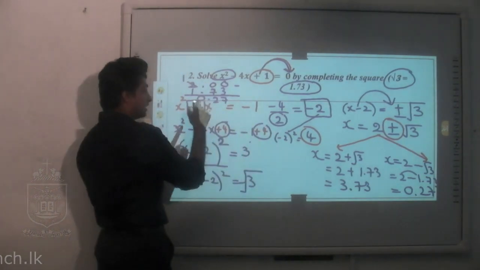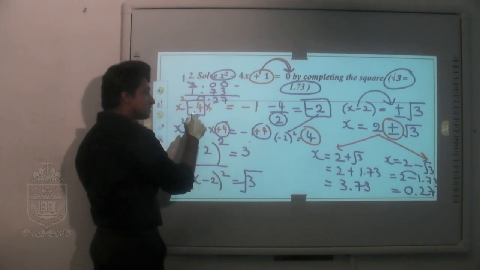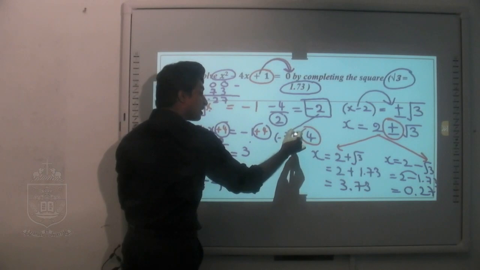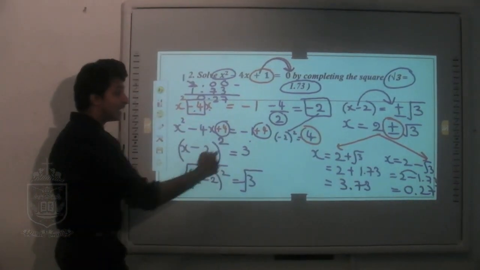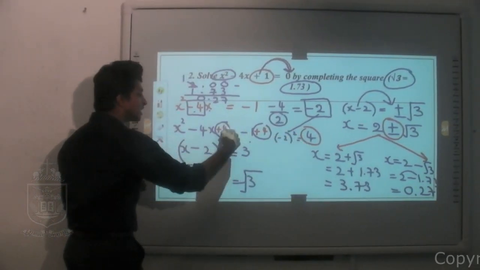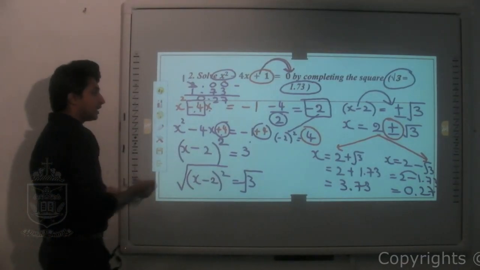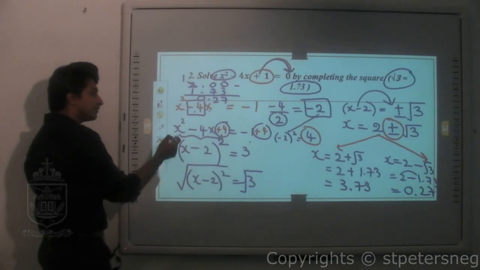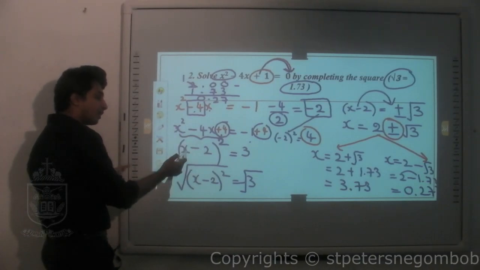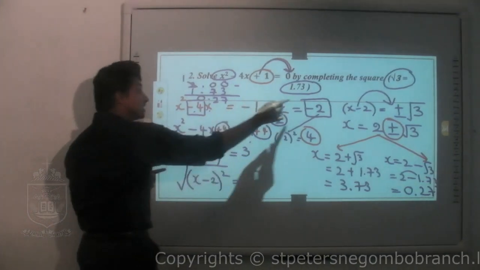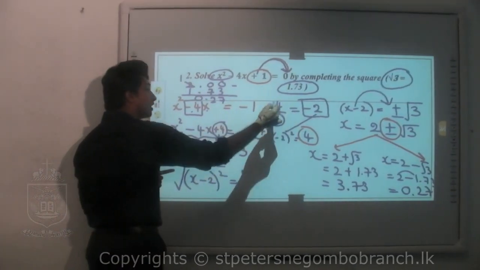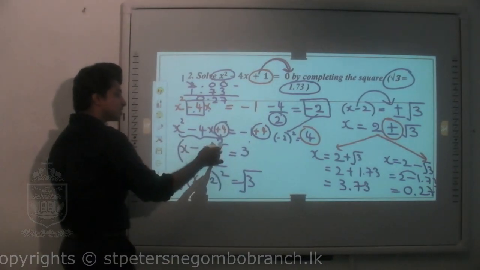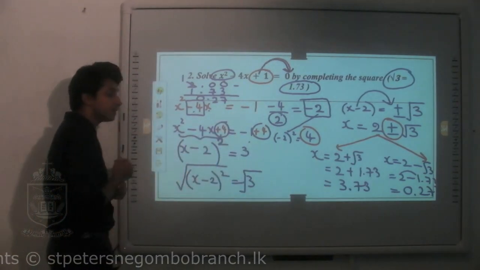Okay, take the value in front of x, divide by 2, get an answer, take that answer and square it, and then you will get a final value. That final value add to both the sides of the equation. Then this part you have to bring it to a bracket, complete square bracket. For that, out of 2x squares, I will take 1x here. This value minus the value you get by dividing the x term, I will put here, that is (x - 2) squared equals 3. 4 minus 1 becomes 3.